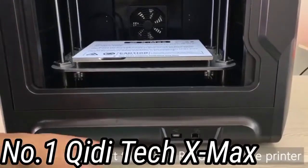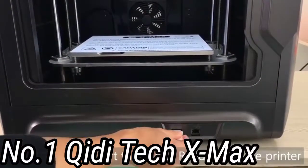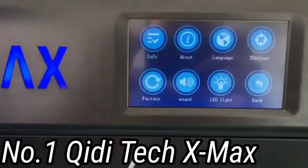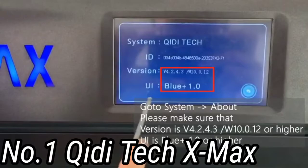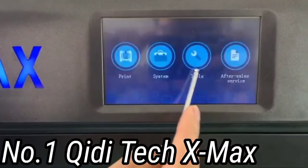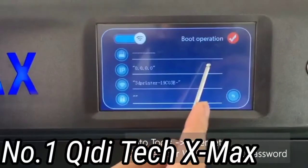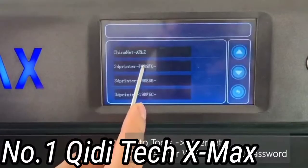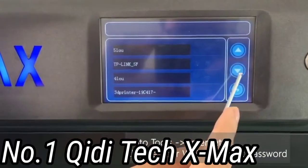Number 1. Kitty-Tech X Max. The larger and more powerful bigger brother of the X Pro. For just over $1,000, you get a budget 3D printer capable of printing tougher, more industrial filaments. Firstly, the larger 300x250x300mm build volume means you can print multiple parts simultaneously, or just print much larger models without having to glue